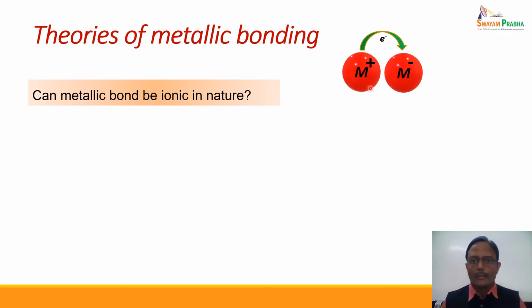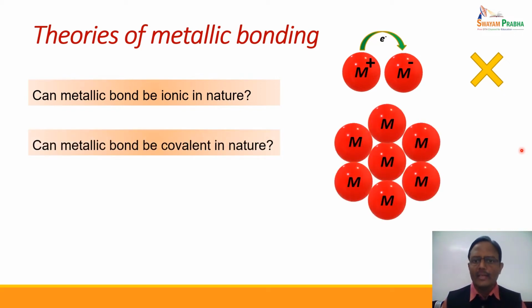Of course not, because both of them are the same atom, and hence why should this atom donate an electron to another atom? In order to form such type of bond, there has to be an electronegativity difference between the two atoms. If one of the atoms is more electronegative and the second atom is less electronegative, then such type of electron shift is possible. Hence, this type of bonding is not possible at all in case of metals. It means that metallic bond is definitely not the ionic or electrostatic bond.